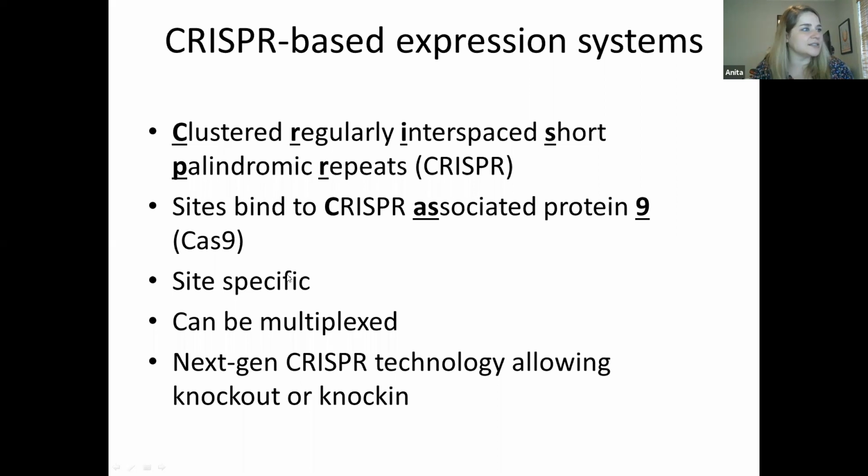And because it is specific, you can use a mouse strain that expresses Cas9. Obviously this is from bacterial systems. If you have a mouse strain that expresses Cas9, you can start to multiplex by just putting in different guide RNAs, which I'll talk about in the next slide, to manipulate multiple genes at the same time. And hopefully you're not randomly, you have to check, but hopefully you're specifically modifying DNA